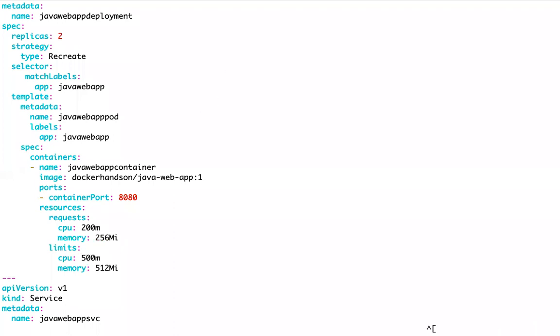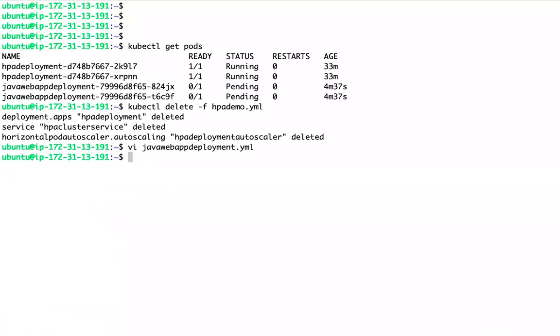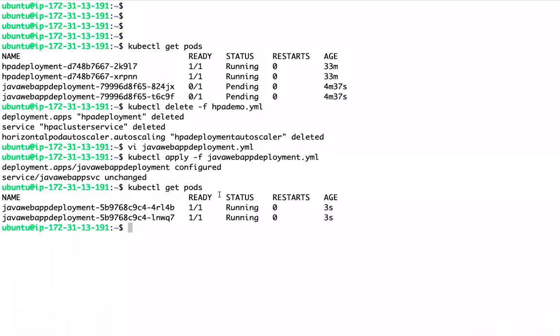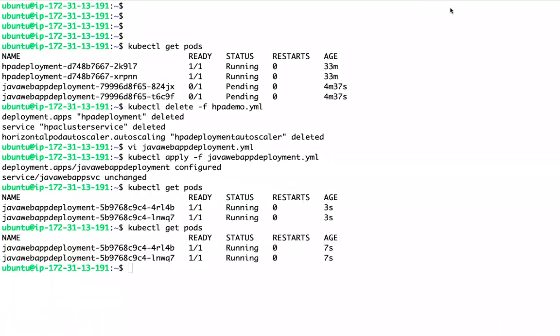Now will I be able to schedule this? Let me apply this change again. Now do you see, your pods are running now? Because I have that much CPU and memory, right?